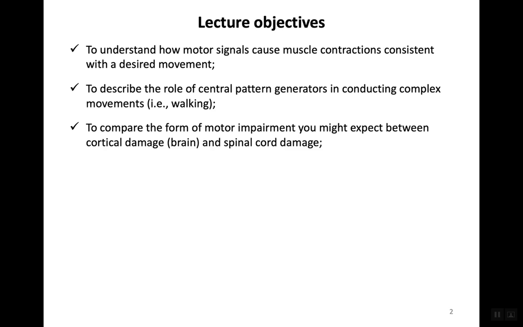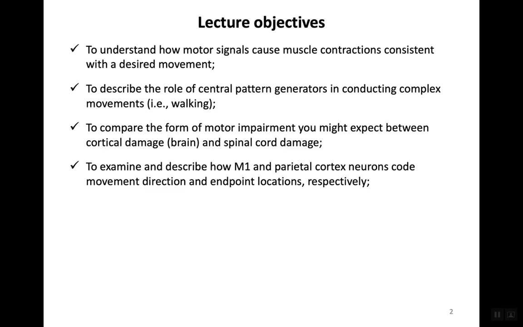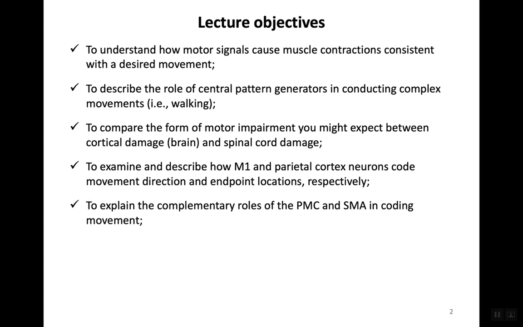We will look at the form the motor impairment might take as a result of cortical damage or spinal cord damage. We will try to examine how M1, that is motor cortex, and also parietal cortex neurons code the direction of movement and the endpoint of movement, respectively. We will look at the complementary roles that the premotor cortex and the supplementary motor area play in coding information